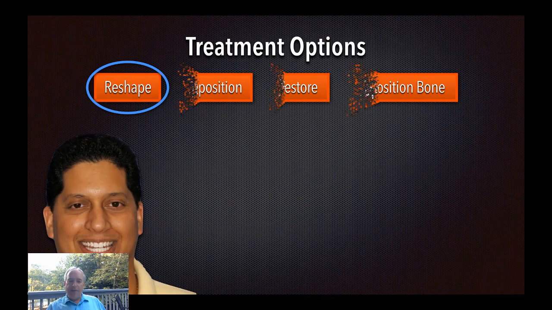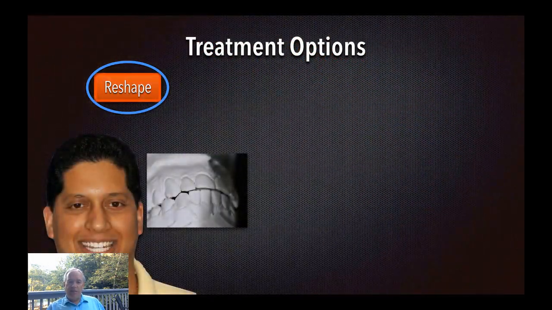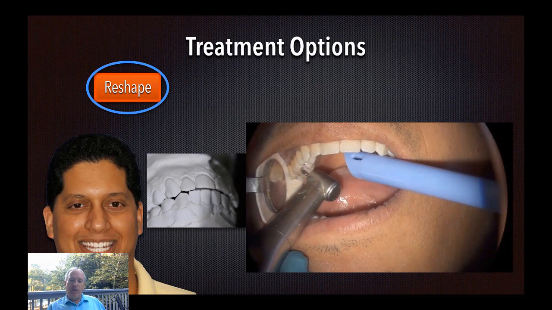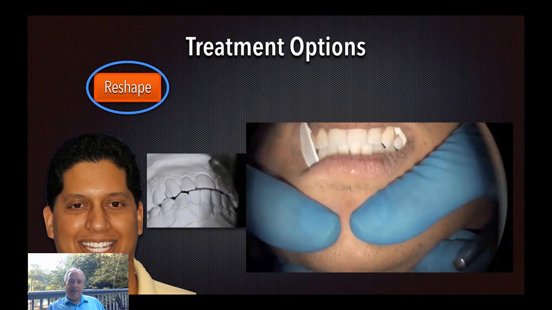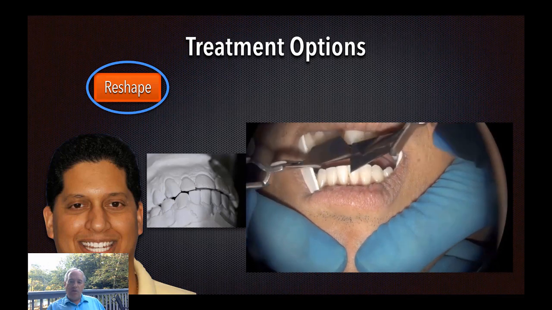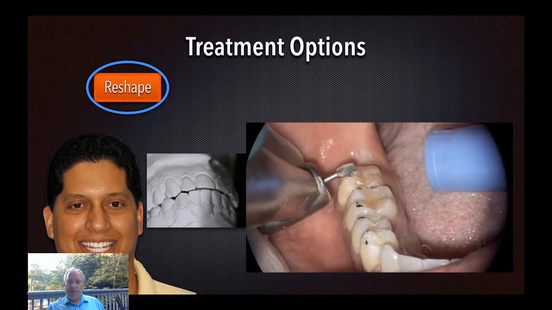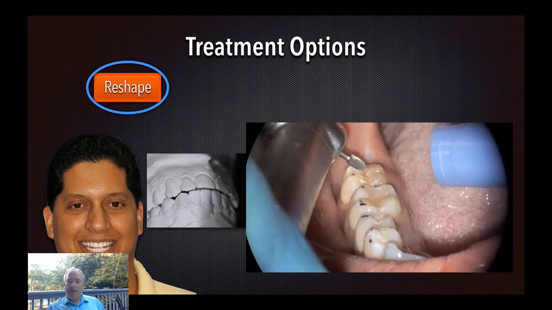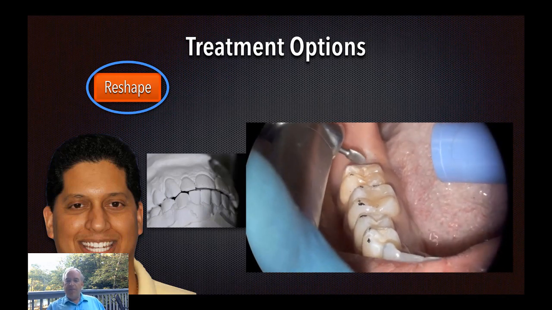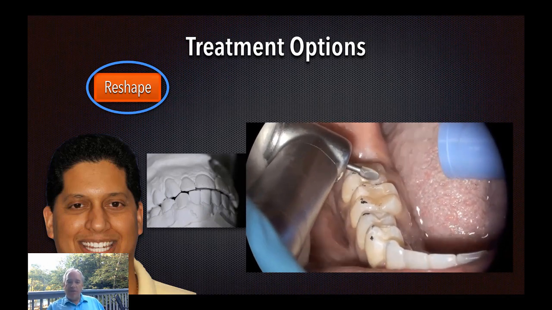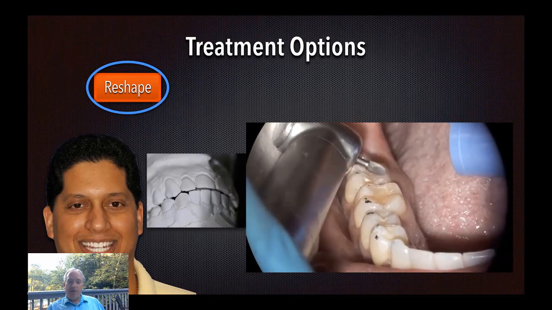So we'll look at the reshaping option, and we're going to look at these patients in a little bit more detail. But if we have a scenario where in their mounted models we don't have good coupling in the front, and the patient can rub on their back teeth and they have some signs of instability, learning to equilibrate or adjust the back teeth to get them out of the way, learning to hold the jaw in centric relation so you can see those markings is a big part of what we do. And again, knowing where to adjust to eliminate those posterior interferences is what the reshaping or equilibration option is all